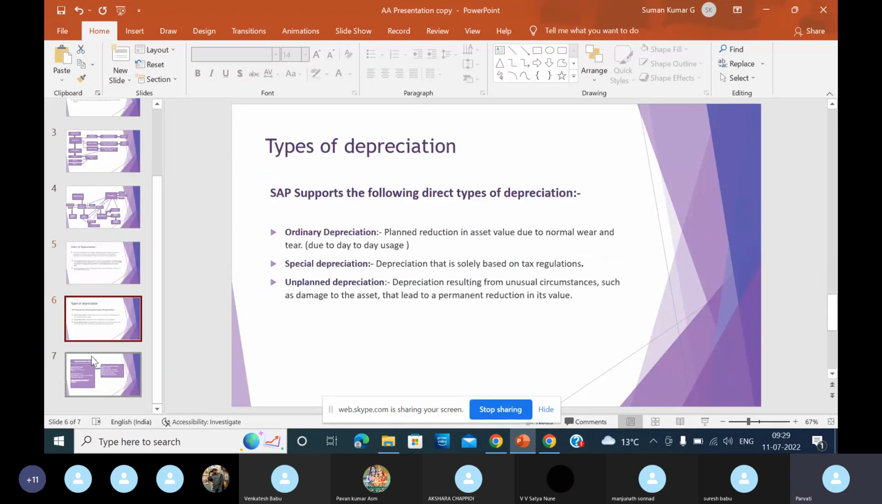Depreciation areas. We have various types of depreciation: ordinary depreciation, special depreciation, and unplanned depreciation. Ordinary depreciation means whatever we calculate every month as per the plan. Special depreciation is only for tax regulation purposes. Unplanned depreciation is nothing but